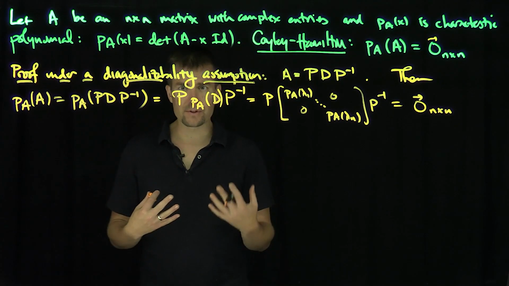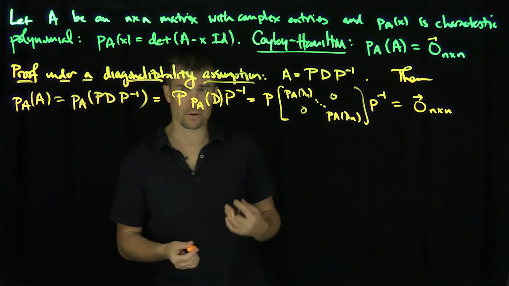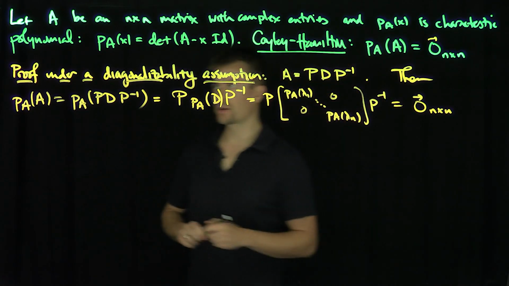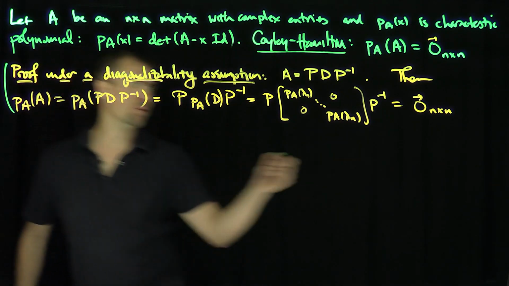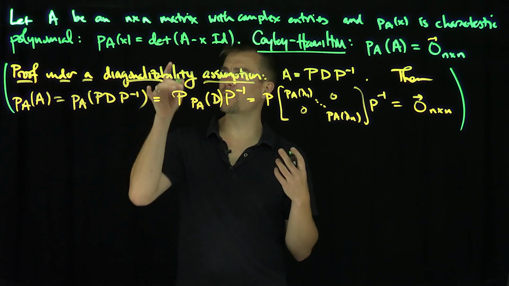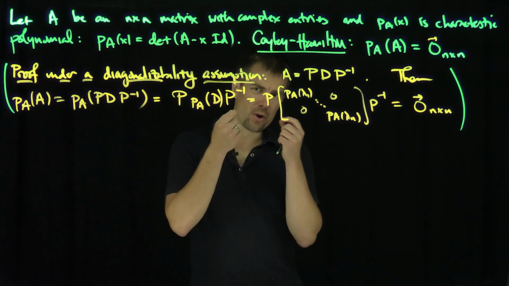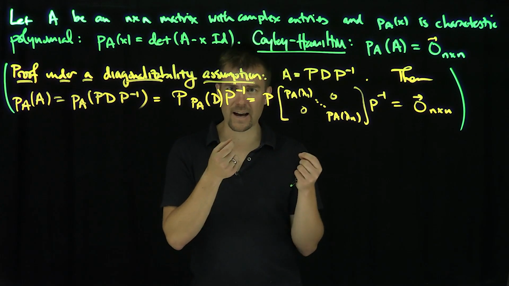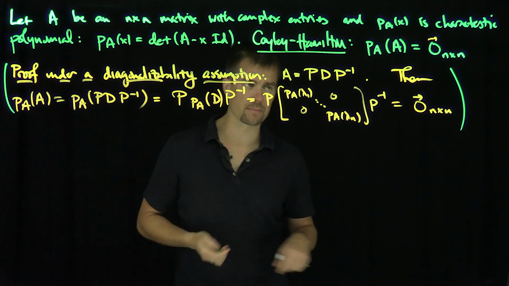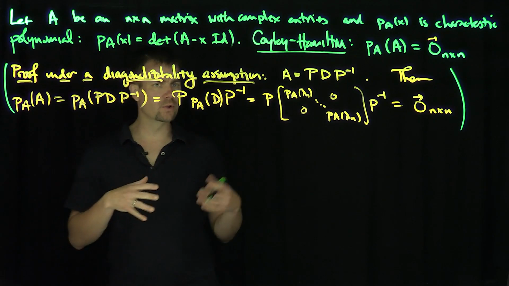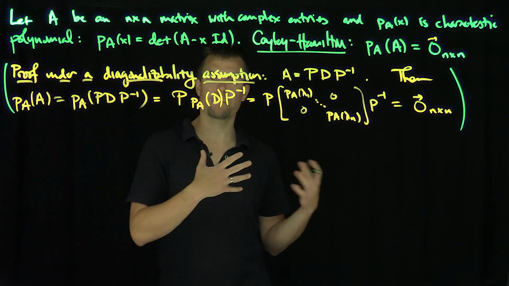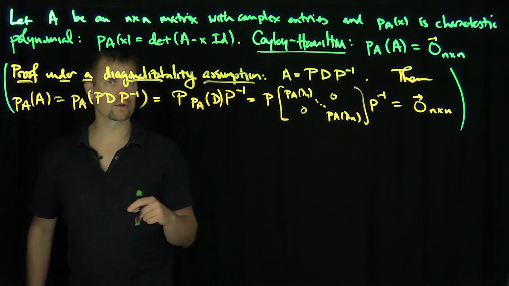Now, we know that not every matrix is diagonalizable, so we have to figure out how to generalize this argument. The natural way is to use the Schur factorization. This is the easy proof, and the one you want to keep in the back of your mind. There's actually another easy proof of Cayley-Hamilton, which says you can perturb your matrix a little bit to make it diagonalizable, since the result is not sensitive to small perturbations, using continuity. But that brings us into ideas of analysis, and in a basic linear algebra course we don't want to use perturbation arguments. We want to use general factorizations.